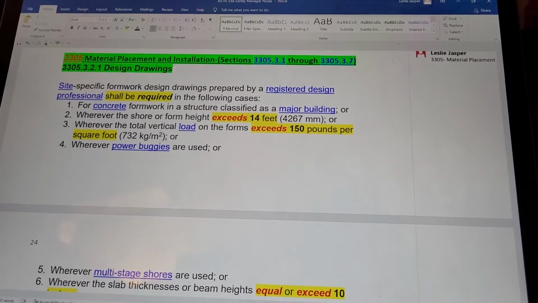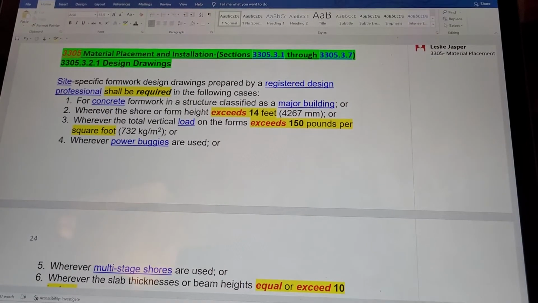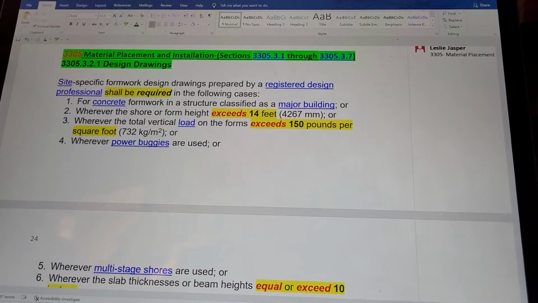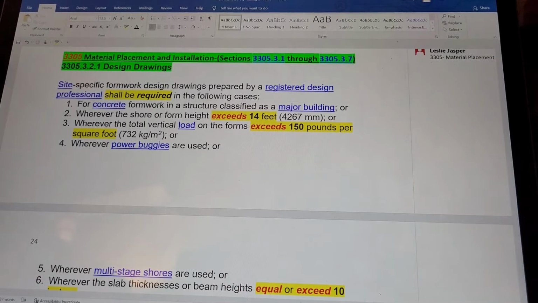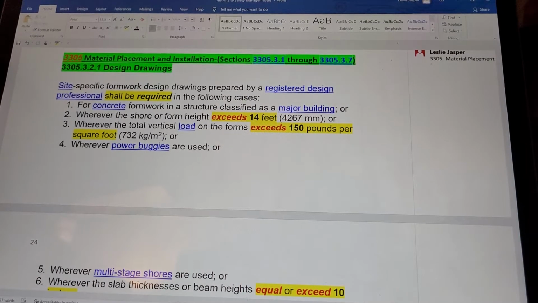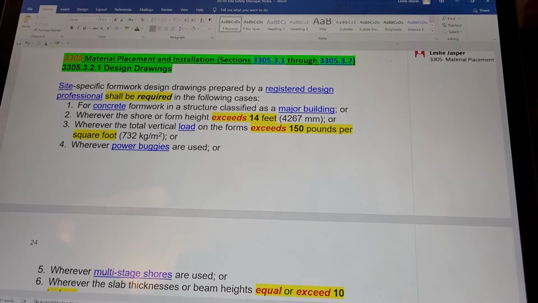3305.3.2.1, Design Drawings. Site-specific formwork design drawings prepared by a registered design professional shall be required in the following cases. 1. For concrete formwork in a structure classified as a major building, or 2. Whenever the shore or form height exceeds 14 feet, or 3. Wherever the total vertical load on the form exceeds 150 pounds per square foot, or